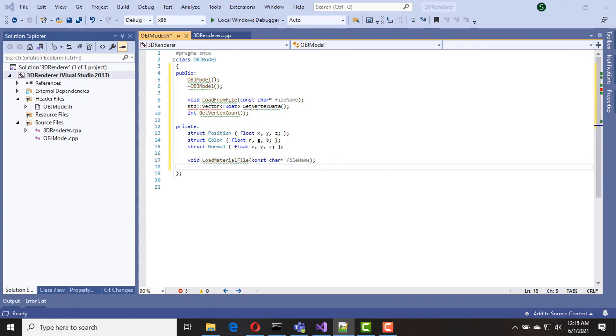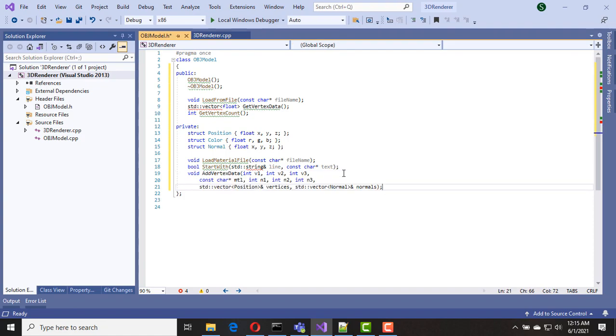Then I add a utility function called StartsWith to check the starting text of a string. Then I need another utility function to create vertex data from the face data that we read from the file. And then I have private members. First is the material map.